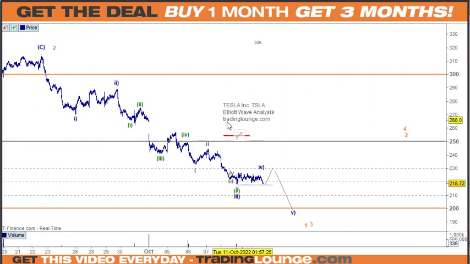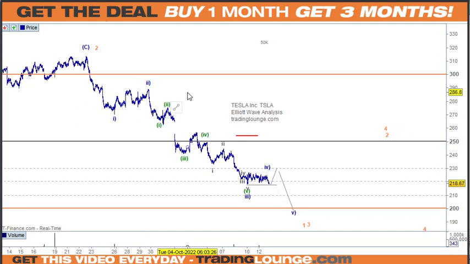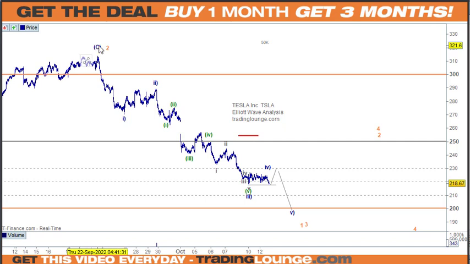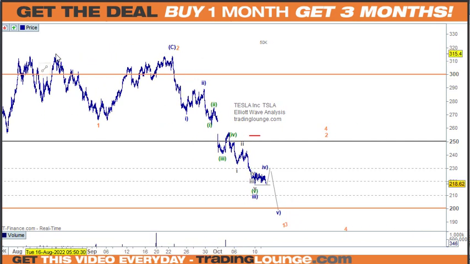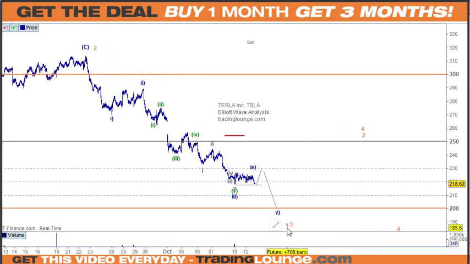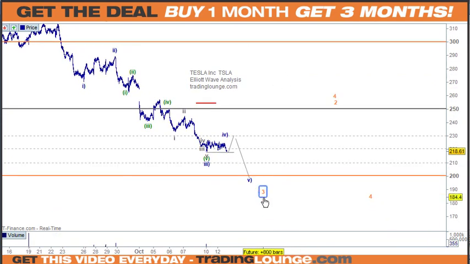And Tesla. So with Tesla here, I've got wave C up here, but it can also be wave 2 based on that actually being the high at that point. So we could look at this as 1 and 2, and then down here it would need to be 3, and then we'll have wave 4 back. Or otherwise we're going to look at it all as wave 1, and it will finish when the rest of the stock market finishes. So it'll probably be down further at 190, 180. We'll see how it treats this area here, but in one way or another, once all these markets finish.